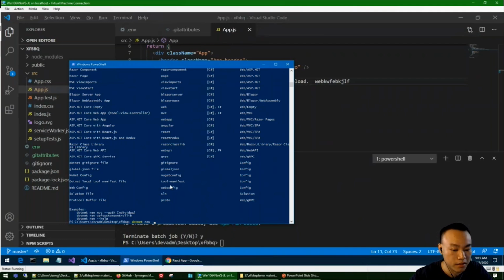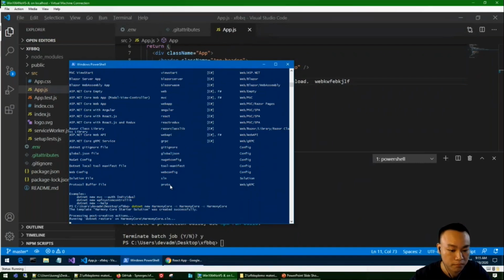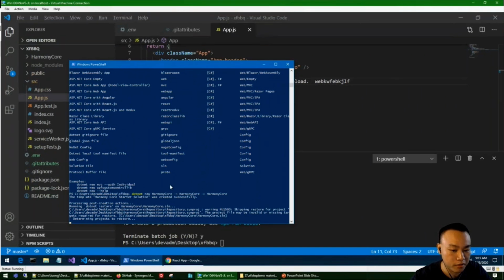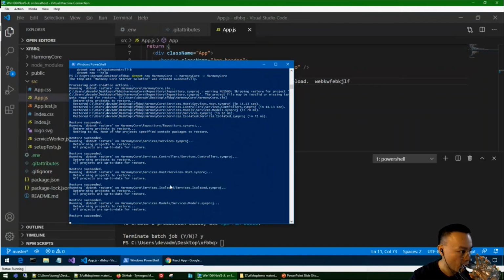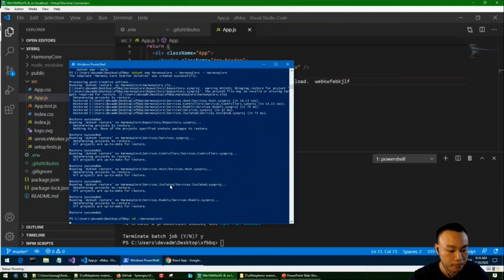Nope, sorry. dotnet new harmonycore. What that's going to do is create the actual Harmony Core solution. Okay, we're going to cd to the folder. And then we're going to open the solution.